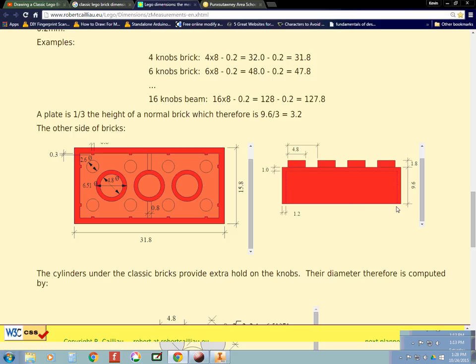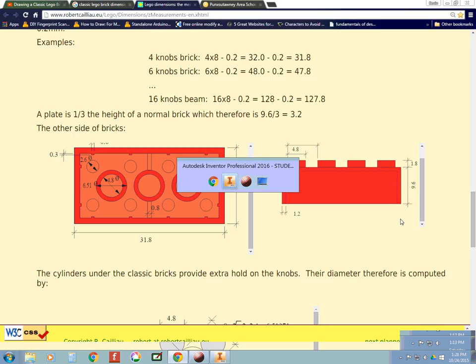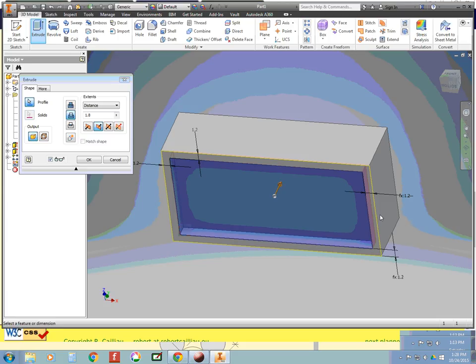Okay, so the whole thing from the bottom to the top minus the knobs is 9.6, and then that wall thickness, different from this one, is only 1. So that would be 8.6. So I'm going to go back here, and I could say I want to take that dimension. I could use whatever dimension I used for this and subtract 1. So I could say,